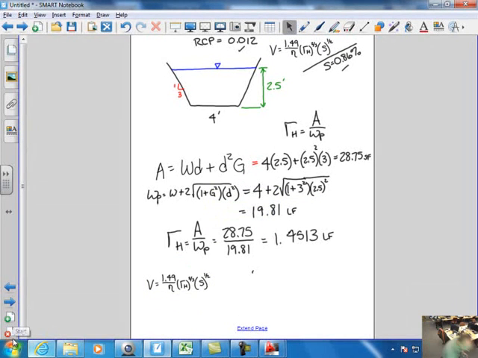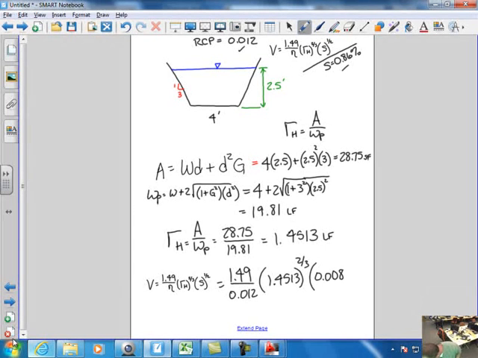So my velocity is equal to 1.49 divided by 0.012 times my hydraulic radius, 1.4513 to the 2/3, times my slope, 0.0086. Notice this was in percent, and I need to convert that to decimal, 0.0086 to the 1/2. So my velocity of this section